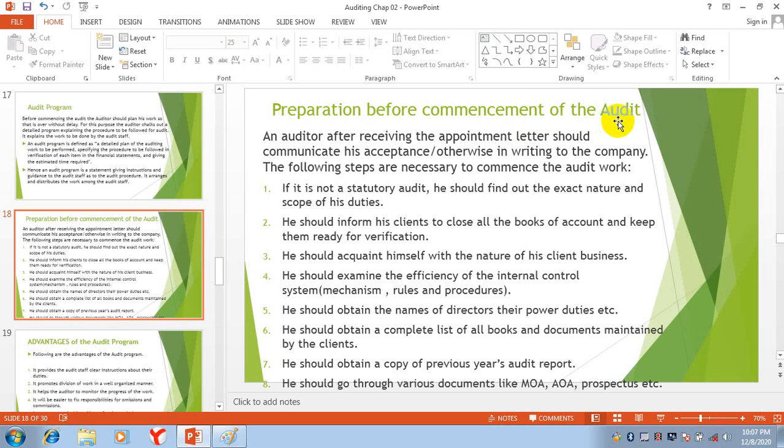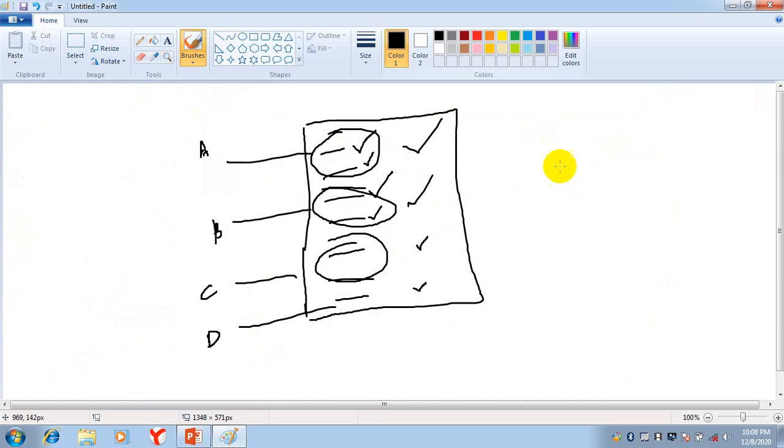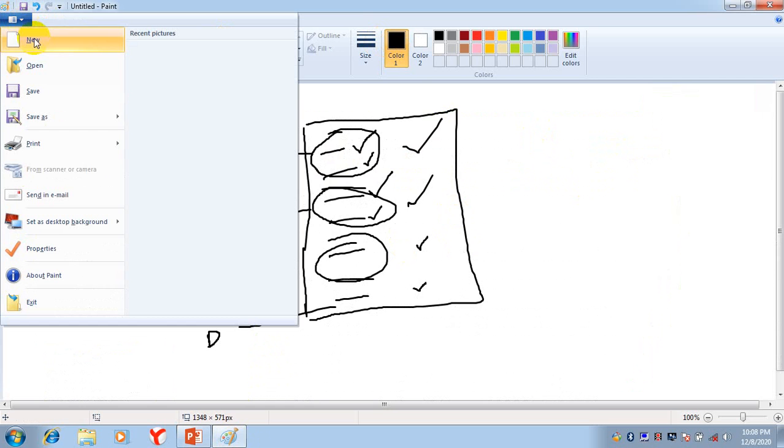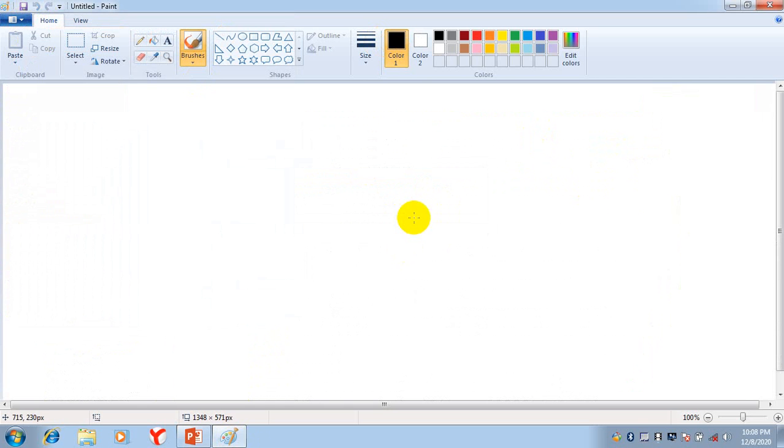Preparation before commencement of the audit. Before starting the audit work, we do some activities. An auditor, after receiving the appointment letter, should communicate his acceptance in writing to the company. First of all, the company invites you and you receive an appointment letter.